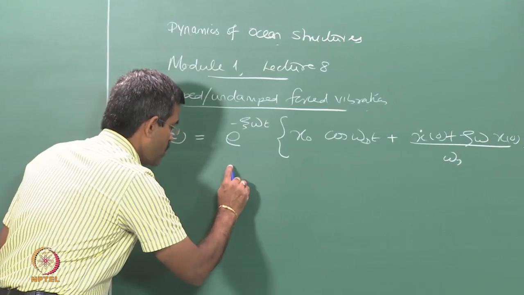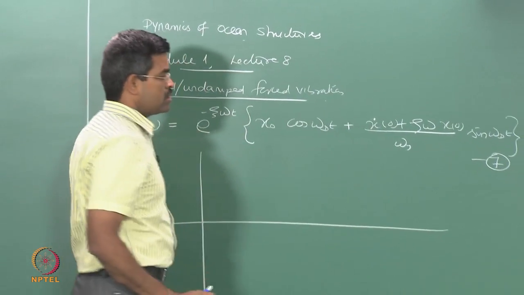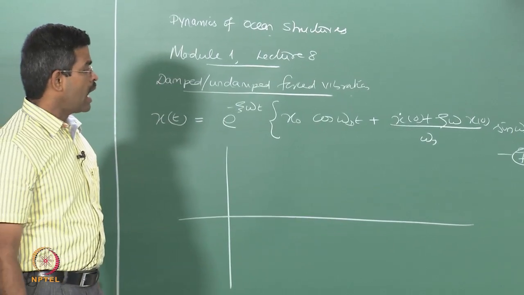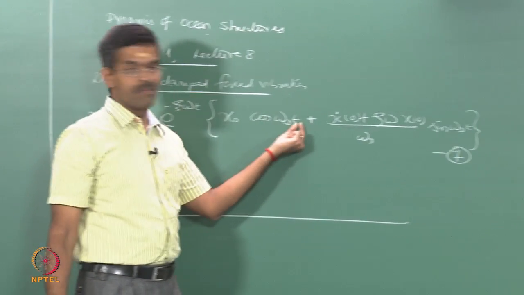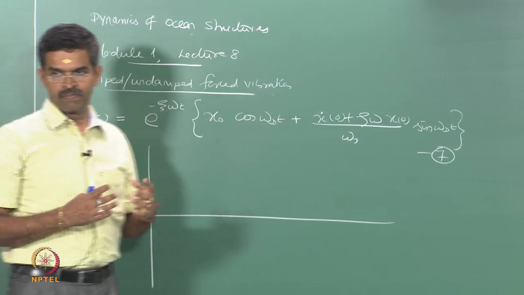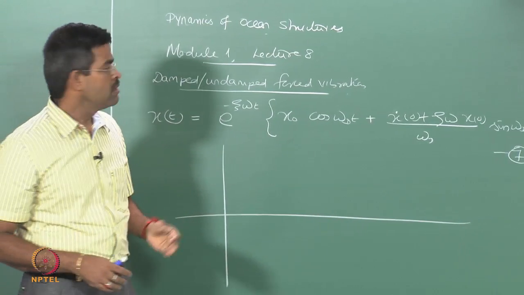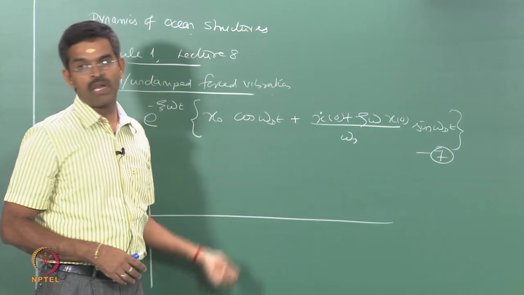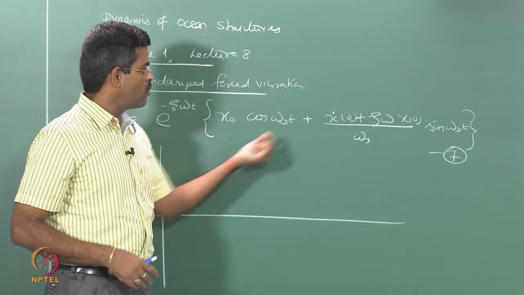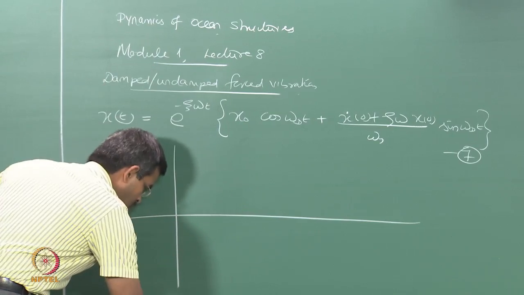So, if I try to plot this for different values of t, the question is what value of t I should take. I must take values of t in such a manner that the cosine and sine functions will change their phase. Obviously the cosine and sine functions change phase at every pi interval. I started with 0, then pi by omega d. So, omega d will cancel, only pi will remain, then 2 pi by omega d and so forth. We got a plot like this,